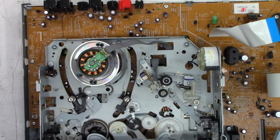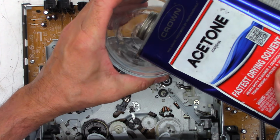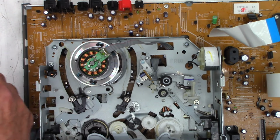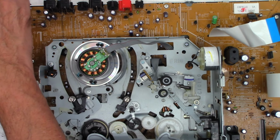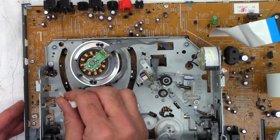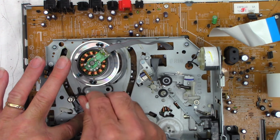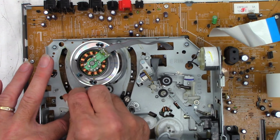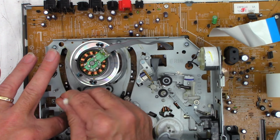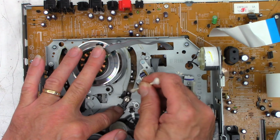That part is good. Time for a bit more acetone. And I do know that if I happen to drop a droplet of it somewhere, oh, it's the end of the world. Okay, more acetone in the Pyrex dish. It does evaporate over time. So we'll just clean everything that touches the tape at this point. Fully raised head, tape guide, back tension arm right here, entrance angle guide and entrance roller, exit angle guide,